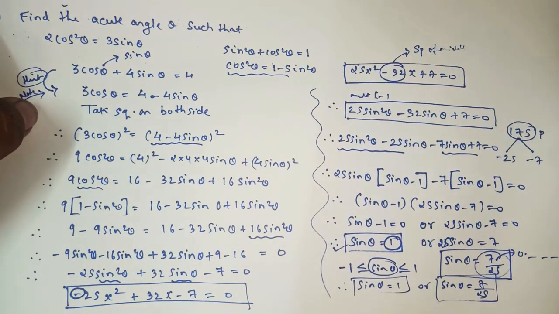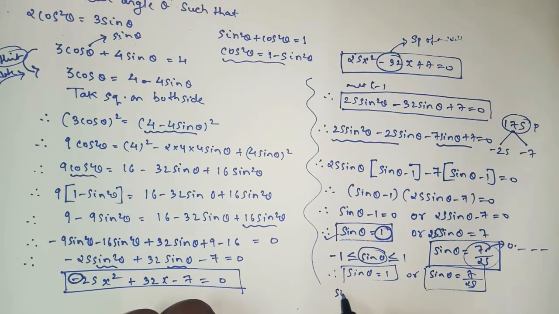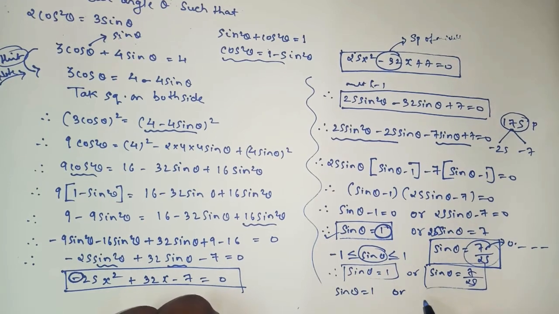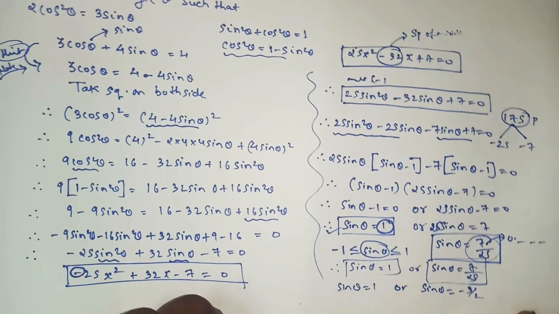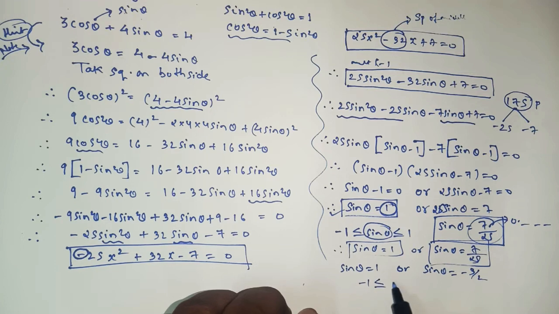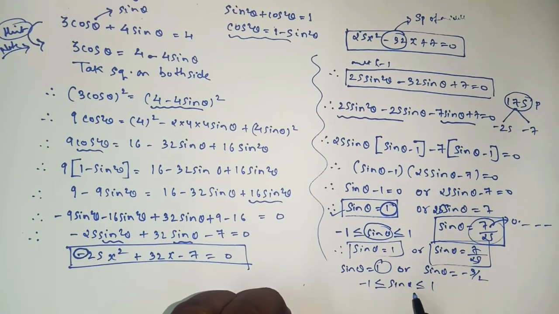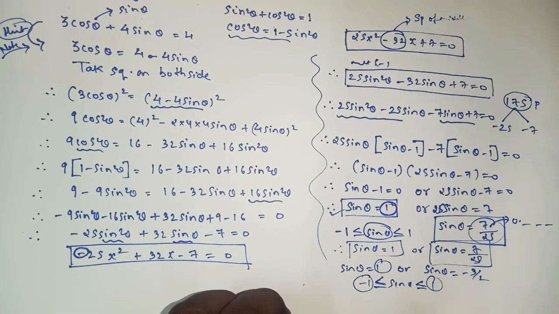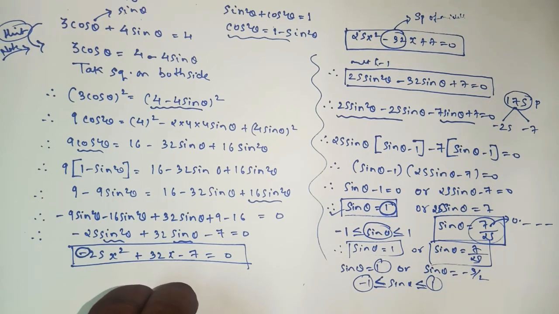Okay, suppose here one answer is 1, and suppose the second answer you got is minus 3 upon 2. So now we'll check whether both answers lie between minus 1 to 1 or not. So here 1, yes, of course it lies between minus 1 and 1. Less than or equal to means we have to consider this number also. So that means our answer of sine theta should lie between minus 1 and 1, as well as include minus 1 and 1 also. So we can take this part.